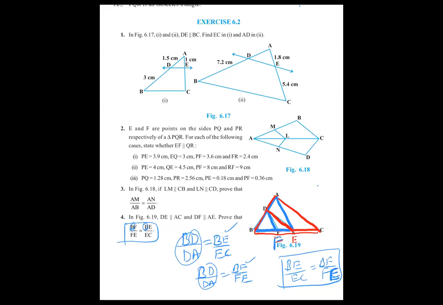So from equation 1 and 2, we can say that BD by DA is equal to BF by FE. Not understanding, Senthil? See, in the big triangle BAC we applied D and E. There we applied BD by DA is equal to BE by EC. Then in the small triangle, the blue color triangle, BD by DA is equal to BF by FE. Then from 1 and 2, we are saying that.